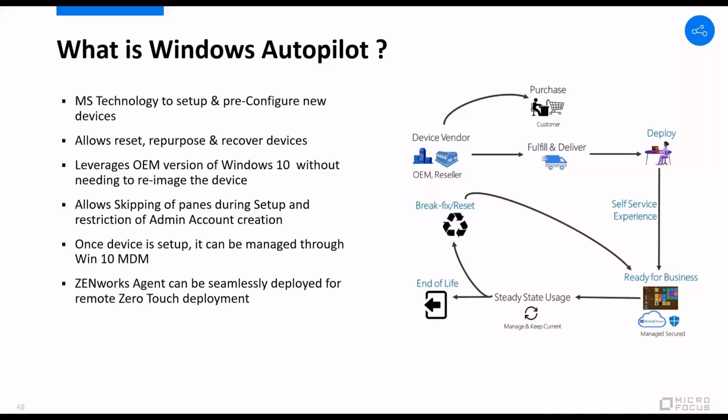In this scenario, a device vendor will upload a list of the devices which have been purchased by you directly into a Microsoft portal. And once these devices appear over there, you can assign to these devices a profile which will dictate what will happen to these devices on the first boot. These devices can then be shipped directly from the vendor to your end users